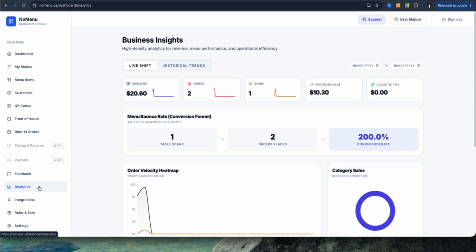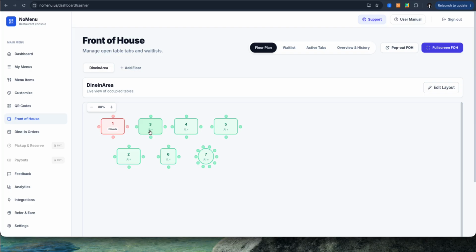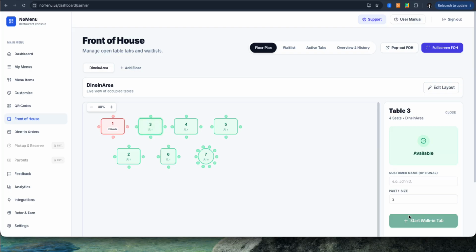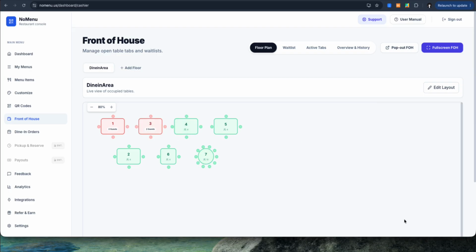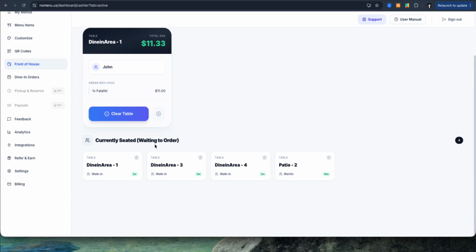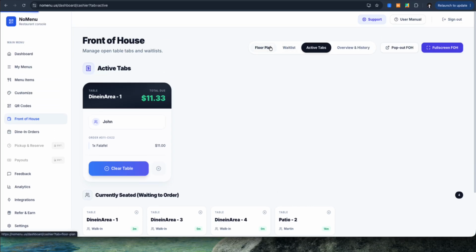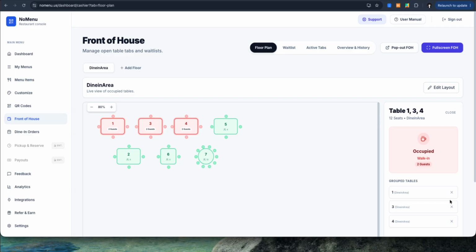The total amount will be displayed here. Same thing based on the number of customers who place an order or walk-ins. Since I selected walk-ins here, it is currently showing these people currently sitting at the table. If you clear those tables,